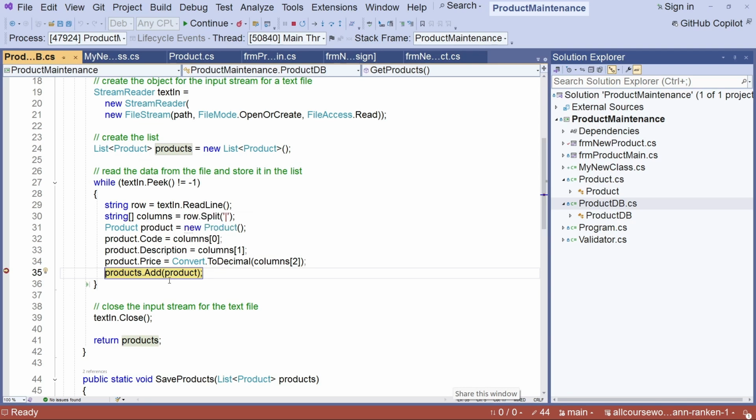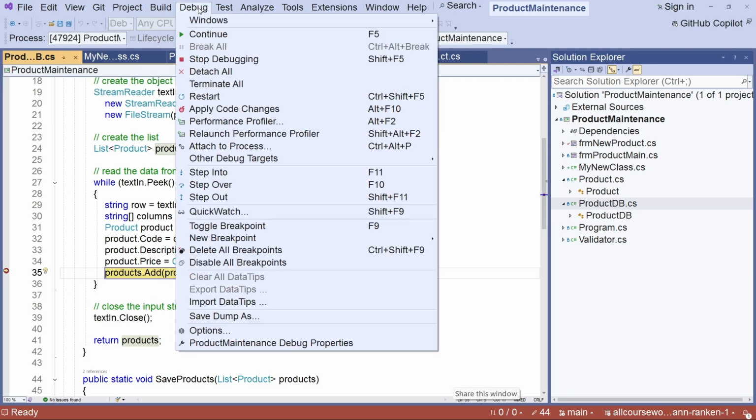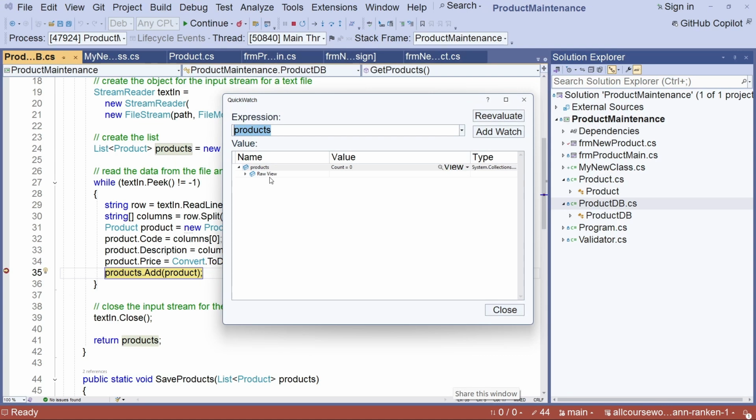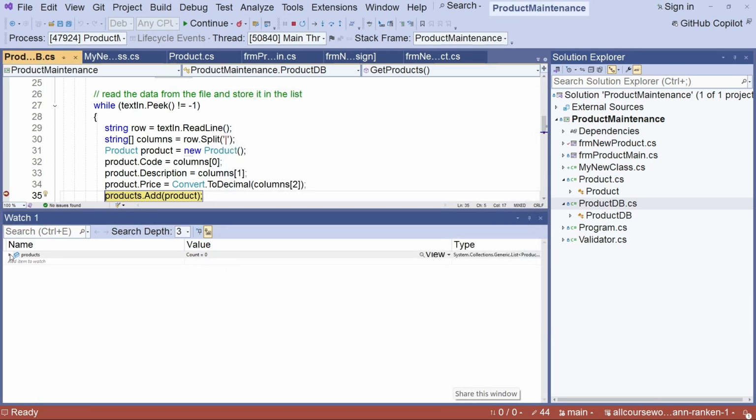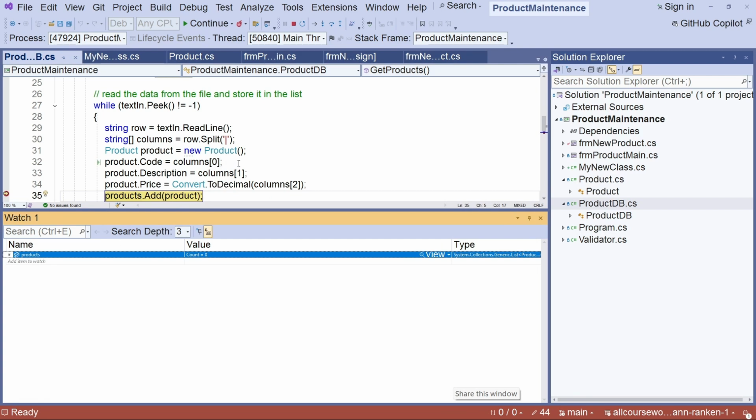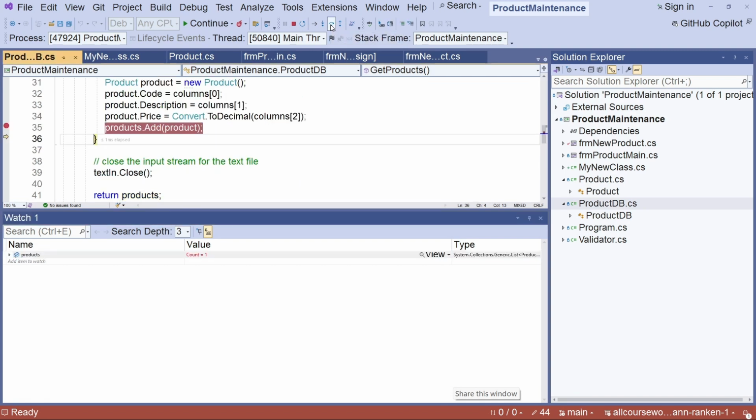So something that's very useful here is debug, and then doing a quick watch. You can watch different variables, in this case, products. This is the first time in, and so products is 0. The count is 0, right? And we'll step over that. So here we go, we're just kind of stepping through this. Each time we're adding